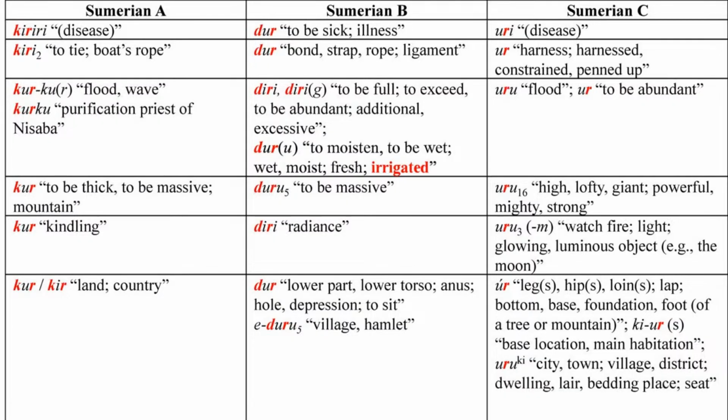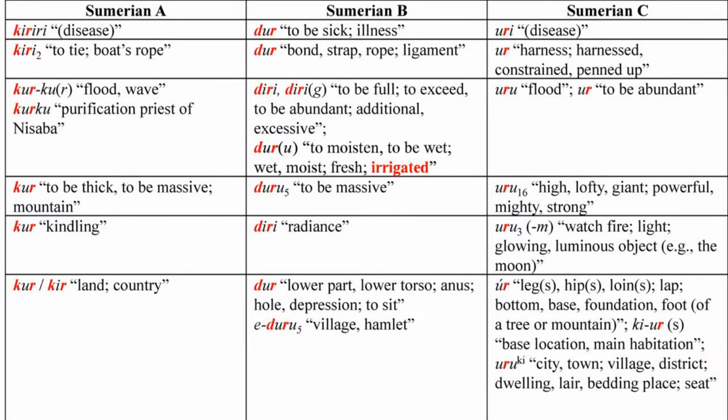So again, this voicing, devoicing, and velar laxing and initial consonant mutation loss is all due to the loss of prefixes and suffixes on the root in Sumerian. And so this word kur or kir, meaning land and country, is internally cognate with the lower part, lower torso, because remember, foot, the lower part, the ground, is what becomes the words for place, village, hamlet, whatever, anything dealing with a habitable space, right? And so we see these variations and how they become city, town, village, district, dwelling, lair, bedding place, seat, in terms of Ki.duru,